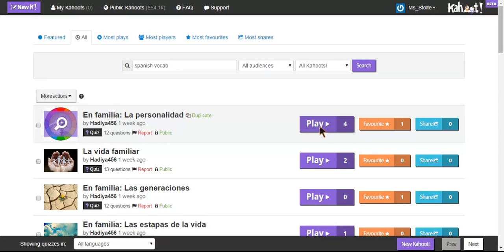So they can go ahead and grab that mobile device, and then you would have them go to their web browser and type in kahoot.it and go ahead and search. They will have a screen that comes up that'll ask them for that game pin, which is the pin right here. So it would be 82815. They would enter that in,